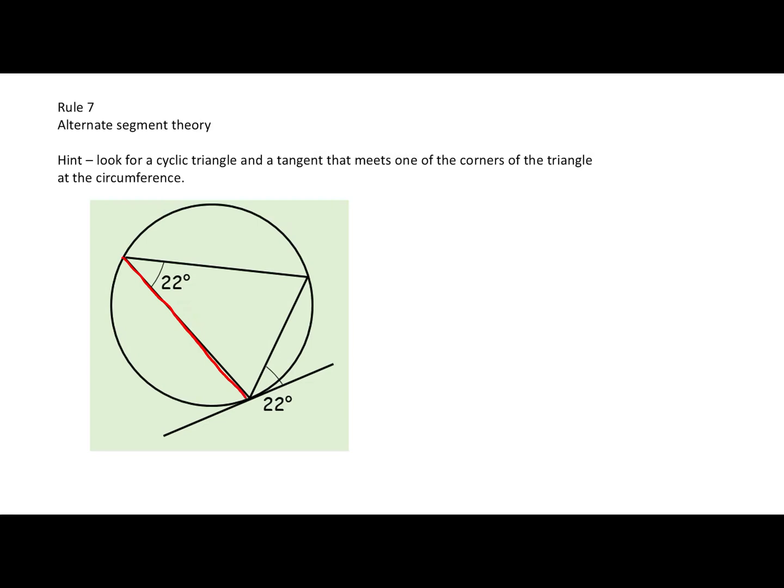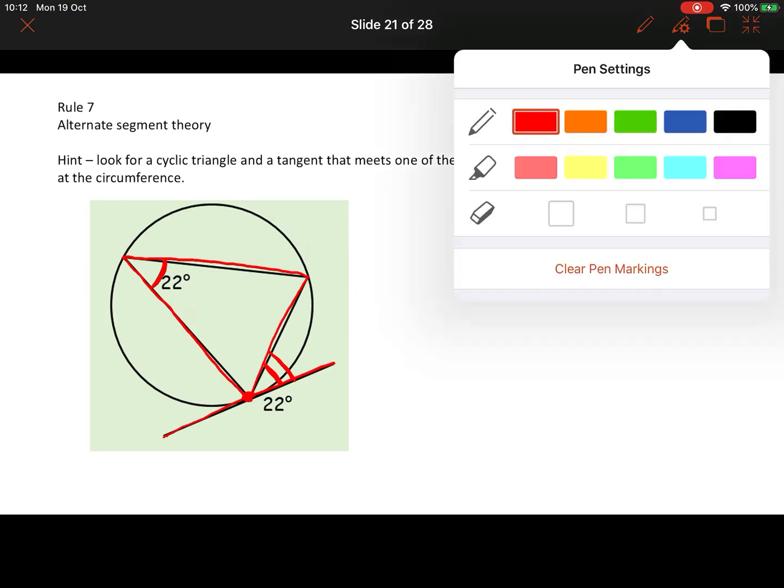And what we're doing here is we're looking for a cyclic triangle. So this is a cyclic triangle, it fits inside the circle, all 3 points on the circumference, and a tangent. And they are meeting at the circumference there. Now, if that is the case, the angle between the tangent on the right-hand side, okay, and the triangle, so this angle here that I'm drawing, is going to be equal to the angle in the triangle to the left-hand